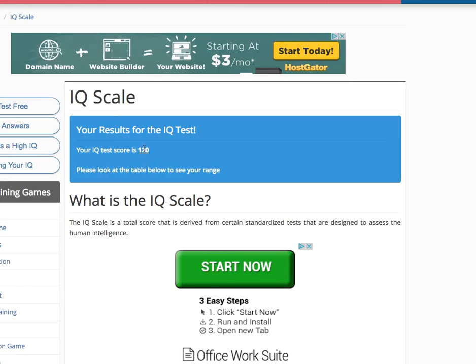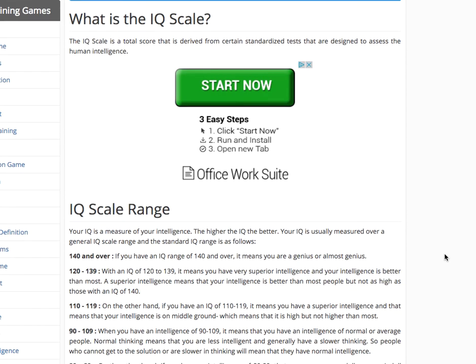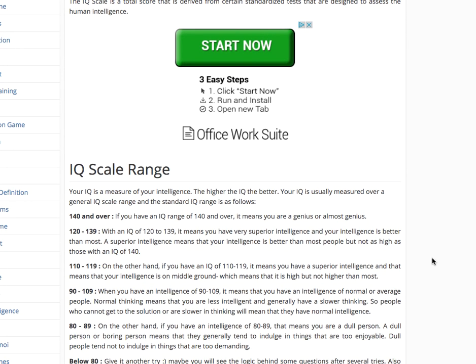My IQ test is 120. Okay, what does that mean? The IQ scale range. An IQ of 120 means you have a very superior intelligence, and your intelligence is better than most. Well, that's great to hear, actually. The superior intelligence means that your intelligence is better than most people, but not as high as those with an IQ of 40. I'm not the smartest guy in the world. I know that already. But anyway,